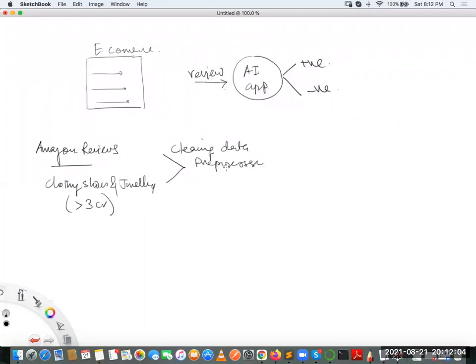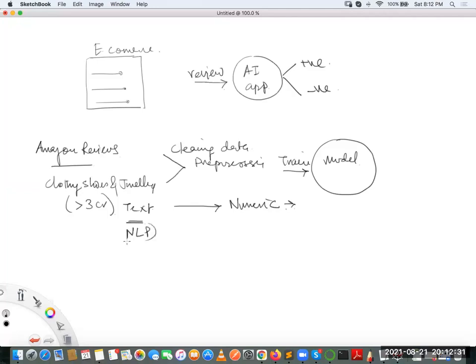Remember, guys, what was the pre-processing? This data was text data. So we have to convert this data into a numeric representation before we make use of this data to train the model. So guys, this is your model using some classification algorithm. So you need to train it. But before training, you have to convert your text data into a numeric representation. And basically, this becomes a problem of the NLP domain, natural language processing. Okay. And converting your text data into a numeric format is known as vectorization, guys. This is known as vectorization.